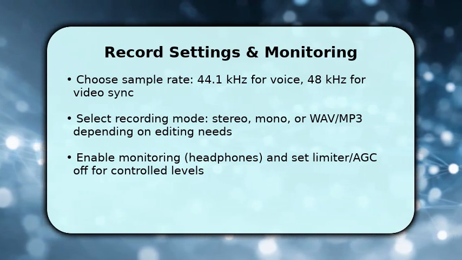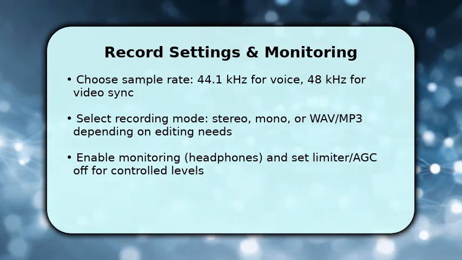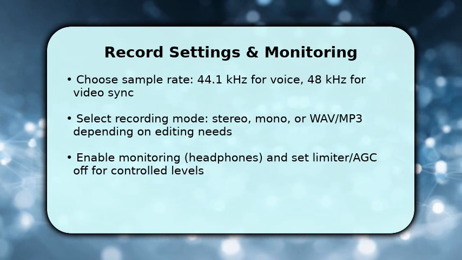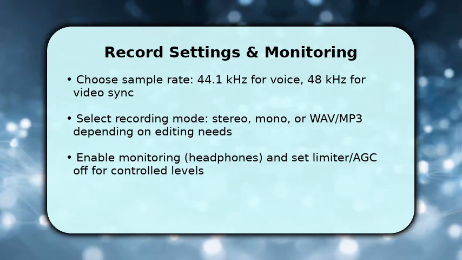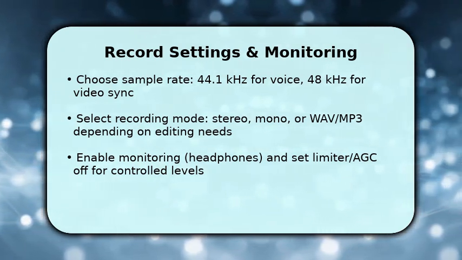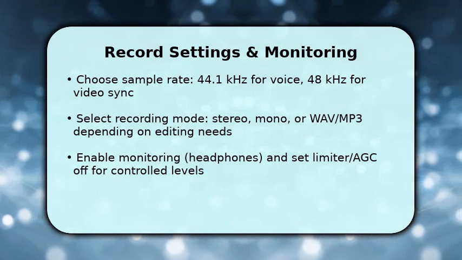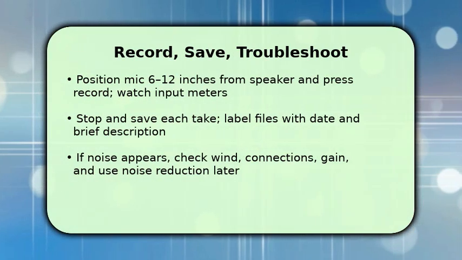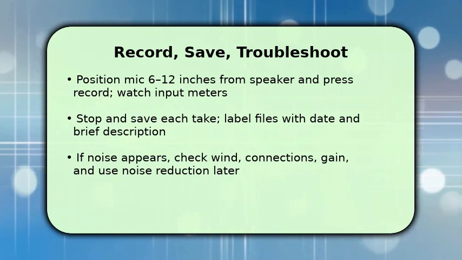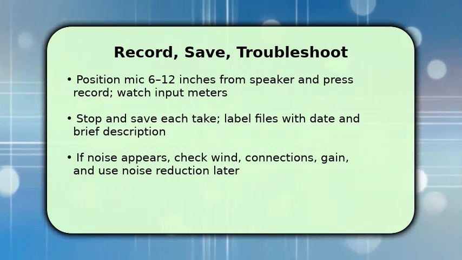Plug in headphones and monitor live. This lets you catch background noise early. Turn off automatic gain control and use a limiter instead to control peaks, because AGC will shift levels unpredictably during recording. Hit record and maintain consistent mic distance, roughly 6 to 12 inches, and keep an eye on input meters